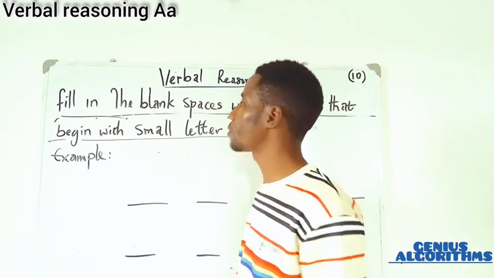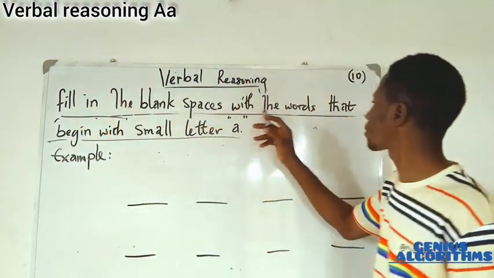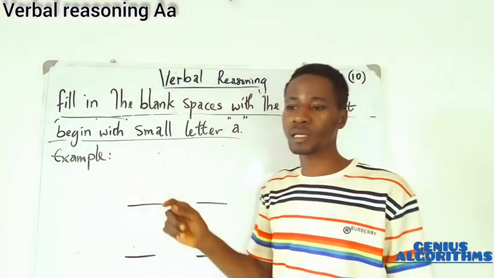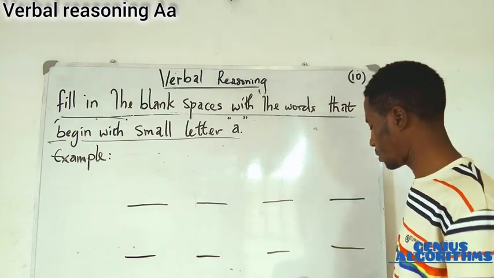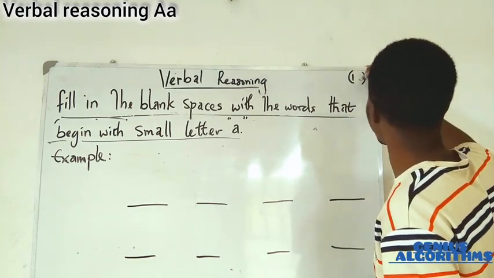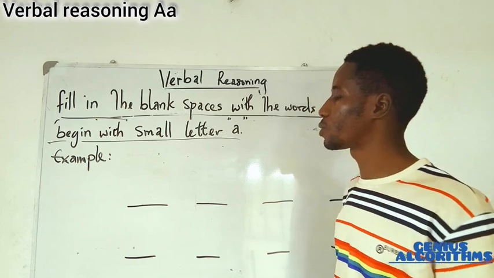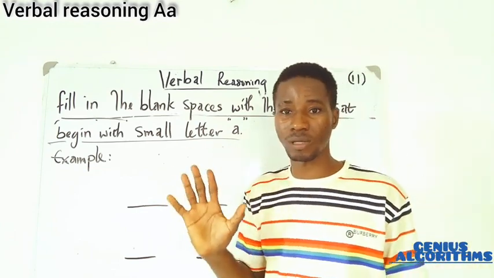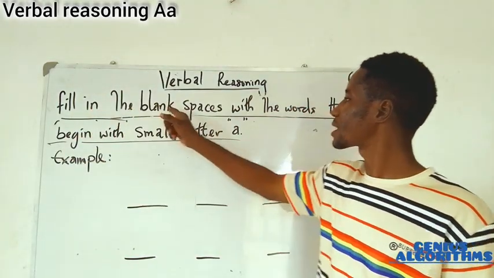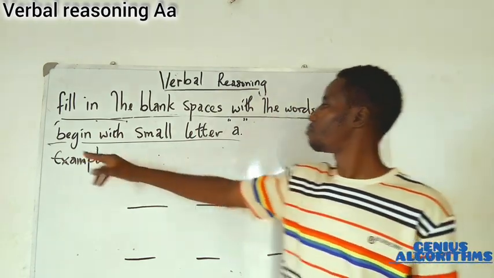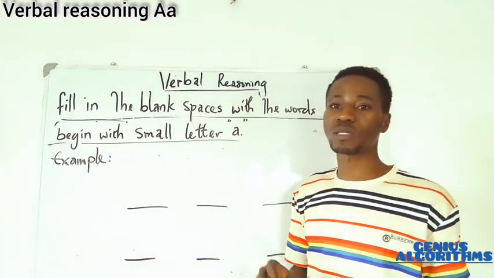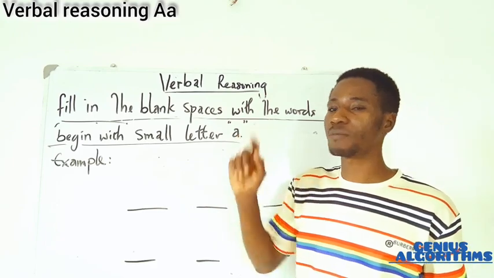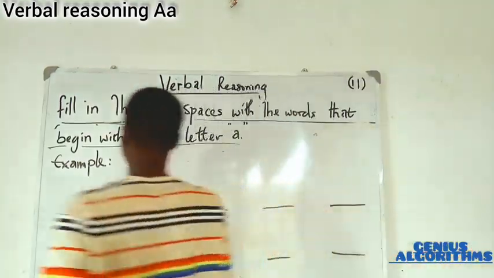The next work is we need to fill in the blank spaces with the word that begins with the small letter A. So this is a small letter A. Initially in our previous exercise, on unit 10, this is activity 11, and activity 10 says we should underline those words commencing or starting with letter A, either capital letter or the little letter A. But this time around, we are asked to fill the blank space with the words that begin with small letter A. So any word beginning with small letter A. Now, all the words, I want to tell you that when you look at the words you've underlined before, we saw a word like eight, like 8,